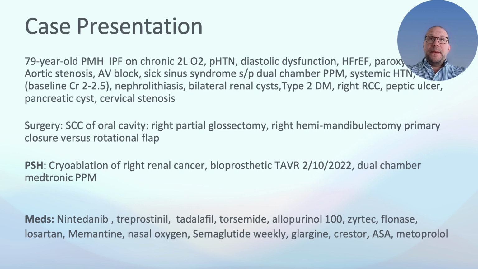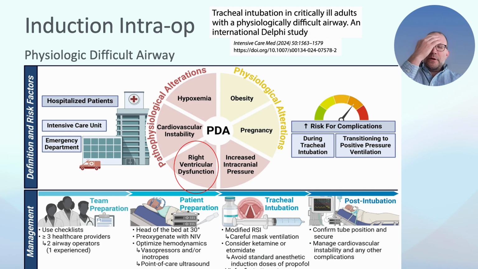So going back to our patient, we're getting ready to bring them into the OR for anesthesia. And I talked about this as a mental model. I really like the concept of a physiologic difficult airway. It came out a couple of years ago in the anesthesia critical care literature. And you can see different pathophysiologic alterations. I'm going to focus on RV dysfunction in patients with PH, right? And this paper talks a lot about ICU patients and emergency room patients, but I think it's useful to think about this in the intraoperative and perioperative setting as well,